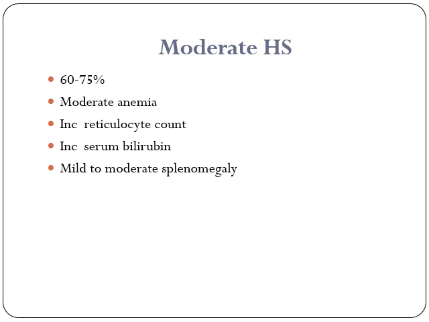Talking about the moderate, 60 to 75% of the cases, now they will suffer from moderate degree of anemia. So hemoglobin now will be reduced to 9 or 10 gram per deciliter. Now increased reticulocyte count. Why? Because there is hemolysis, so there will be increased retic count. Increased serum bilirubin. Why? Because there is jaundice, so the bilirubin level will be increased. And last, there will be mild to moderate splenomegaly, which is a characteristic feature of a hemolytic anemia.